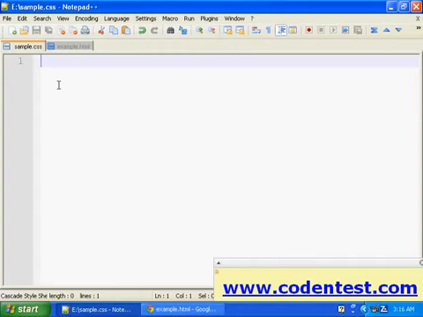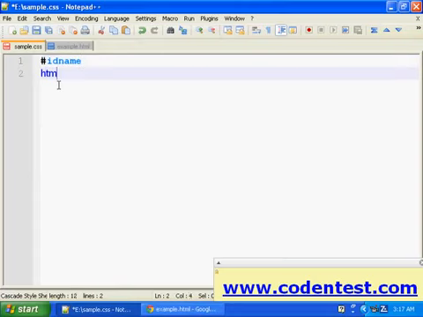First one is hash followed by ID name, and the next one is HTML element followed by hash followed by ID name.